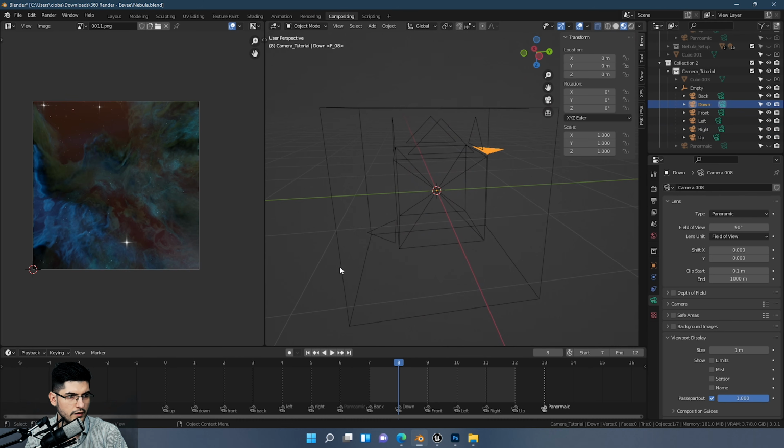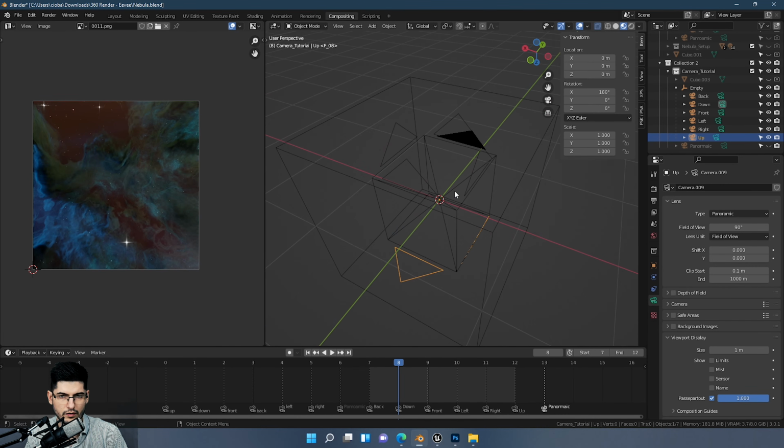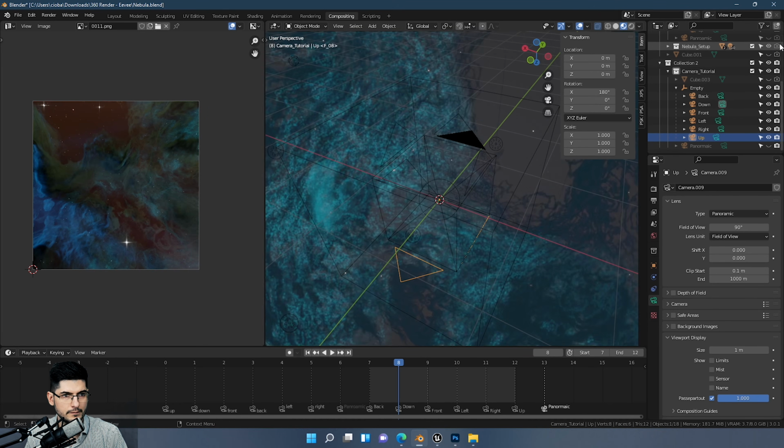Now the down and the up cameras can be at these degrees. So the down camera can be at 0 degrees, while the up camera can be on 180 degrees on the x-axis. And this should be a better setup for our cameras, and hopefully this will help with stitching the textures together properly. So I'm going to activate the nebula again,